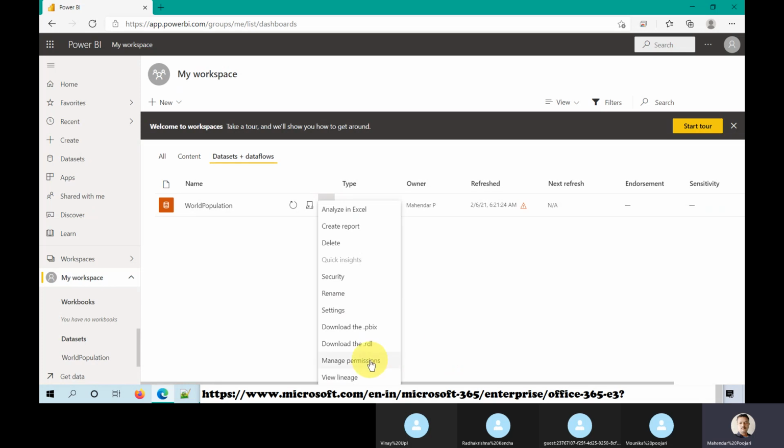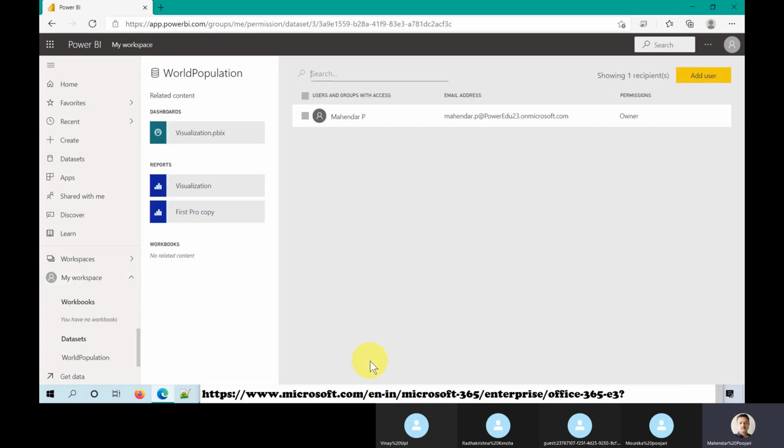Now manage permissions. What is this? Whoever wants access, let's say in your team, you can share this report. You can share it in read mode or read and write mode, so you can edit or only view. You search by name, the employee name from your organization, and you can share or add a user. You can share a report, you can share a data set.